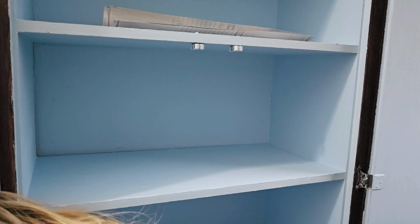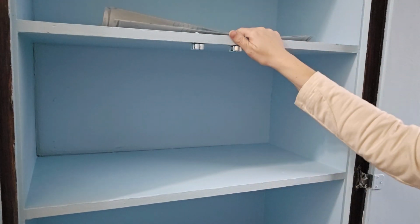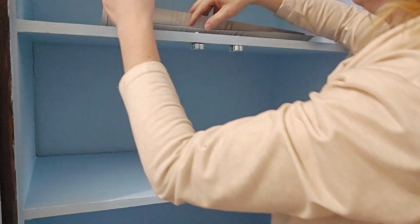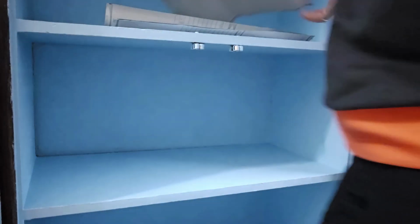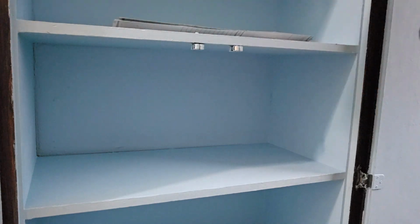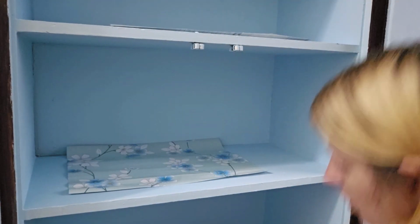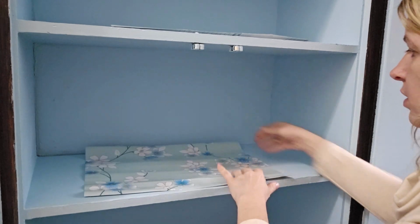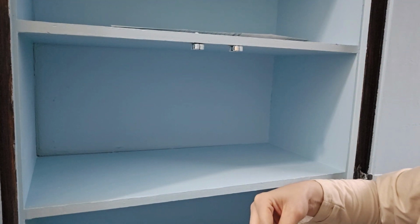So first thing, I'm just going to be doing the wallpaper. 1, 2. Okay, so I'm here in the middle, so I'm in the second bottom, so I'll do that one. I'm just going to lay each of these pieces down on the shelf that they go in. Just want to make sure that I've got them all lined up. So I'll do this one. It's very easy. I'm just going to peel off